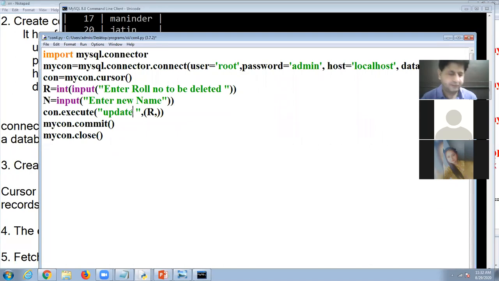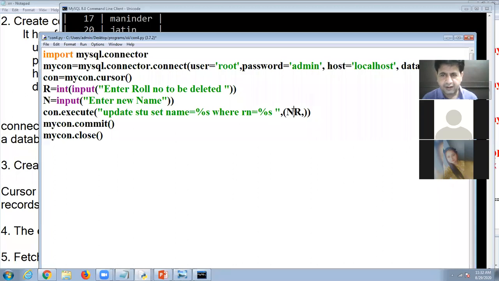Update stu, stu is the name of the table. Set name equal to percentage s, where roll number equal to percentage s. Here we will replace the values. So I first need n, because n will be replaced here and r will be replaced on this side.